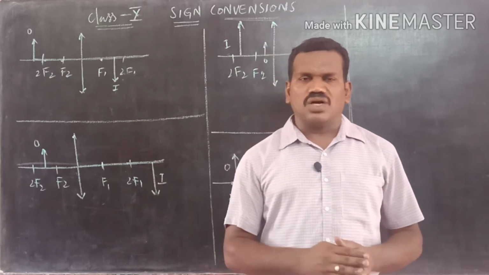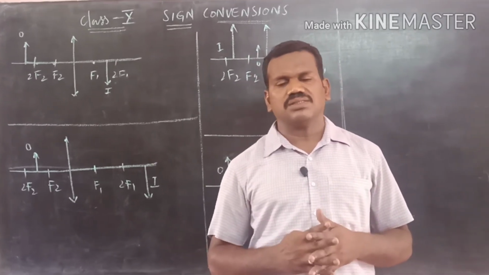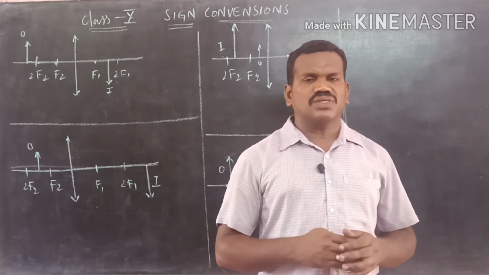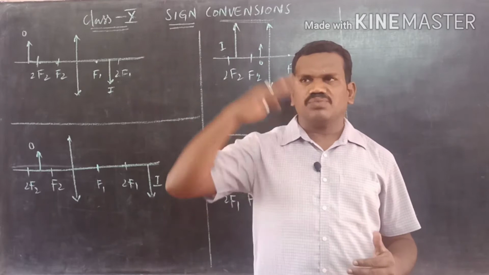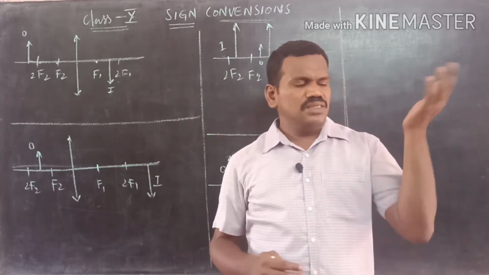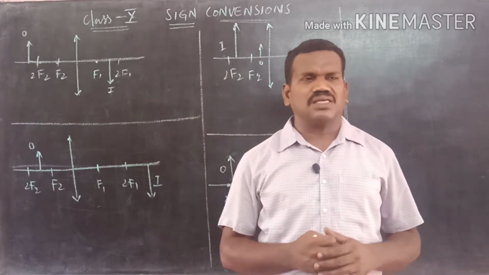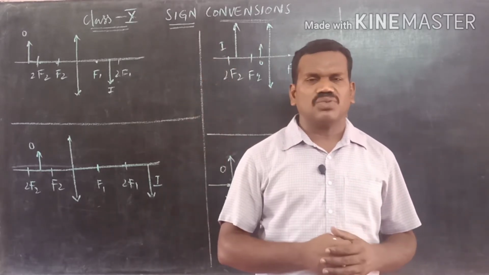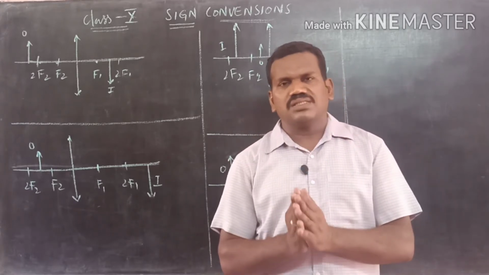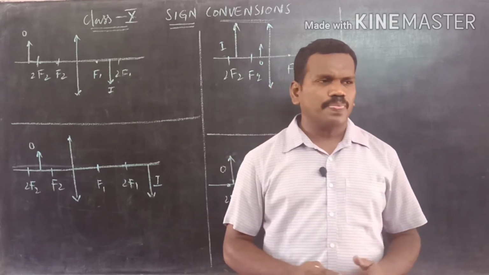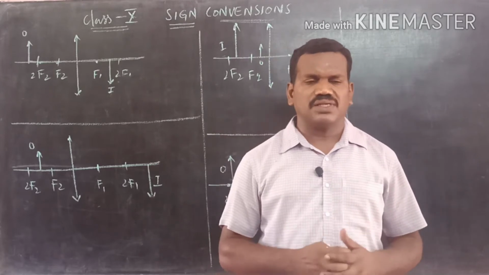Why? Because the object is at a certain distance from the lens, and the image will be at a certain distance from the lens. When the object moves towards the lens, the image moves away from the lens. Sometimes if the object is above the principal axis, the image is formed below the principal axis, and sometimes the image is also formed above it. So the variables are not in a proper order. To know the properties easily, we should apply the sign conventions.